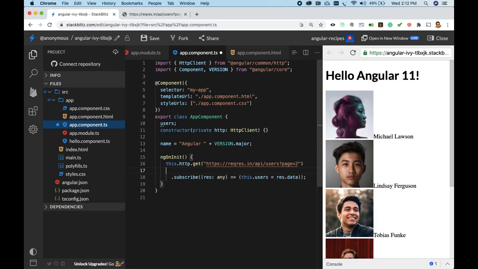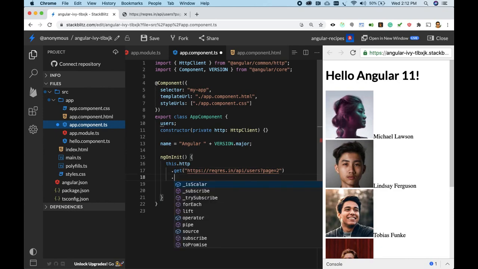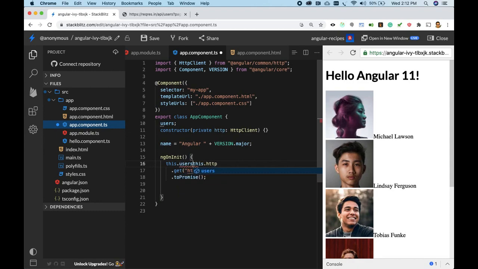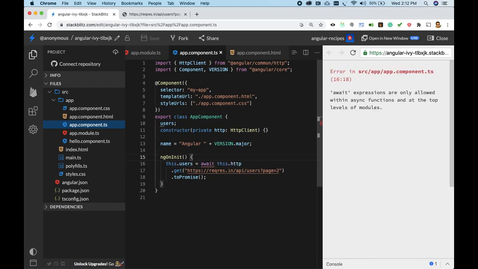Another way, if we want to use async await, what we can do is, so this returns an observable, right, on which we can subscribe and do things. Since the space is less, I'll use multiple lines. If we call the toPromise method, then it will return a promise. So what we can do is we can directly write this dot users equal to await, and we have to mark this function as async.